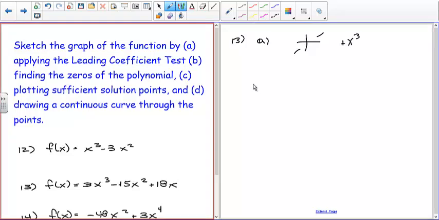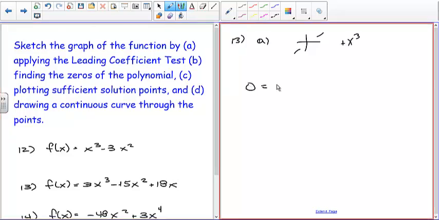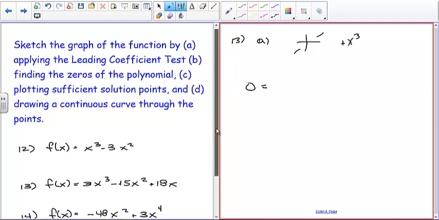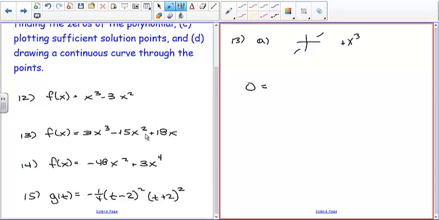Okay, the next thing, zeros. So you're going to take the function and set it equal to 0. We're going to factor out x because we have x in each term, but you can also see each term is divisible by 3, so you get 3x. If you divide 3x cubed by 3x, you're just left with x squared. Negative 15x squared divided by 3x gives you negative 5x. And 18x divided by 3x is going to give you 6. In this case, we can